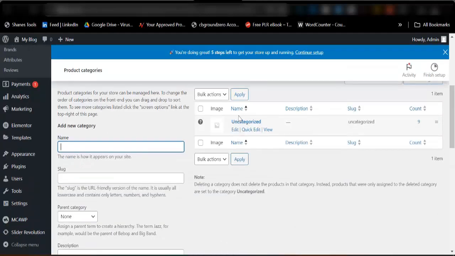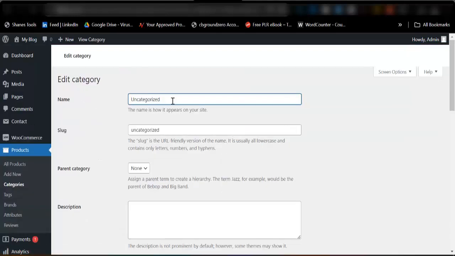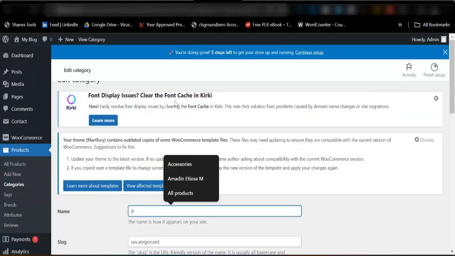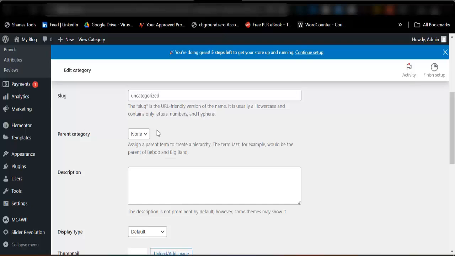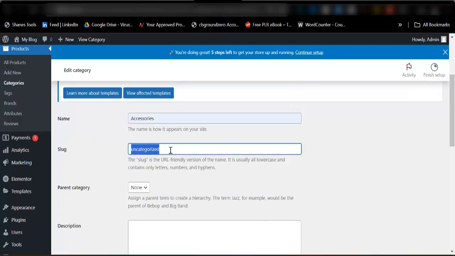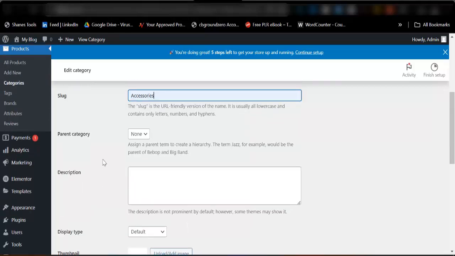So what I will do now is change this from all categorized. I can just click on edit. I'll change it from all categorized to accessories. Good. Accessories. Now, another good thing about this particular template is that when you are creating your category, it